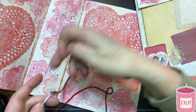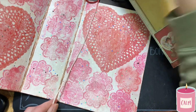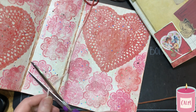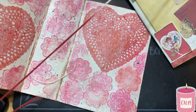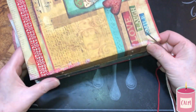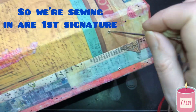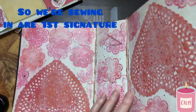Alright, we have a tail. Go 1, 2, 3, just so I know I have enough. Okay, I'm going to cut it. I'm going to take this, make sure there's no knots. And I'm going to come in on the first one. Okay, beautiful beings, the first holes, because this one's going in the front. So I'm going in our first hole here. Okay? And I'm going to